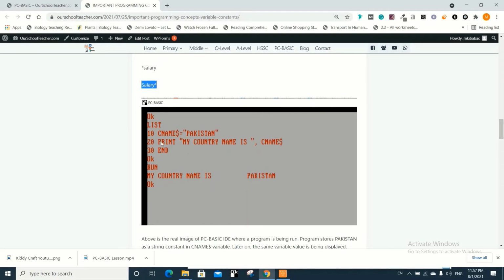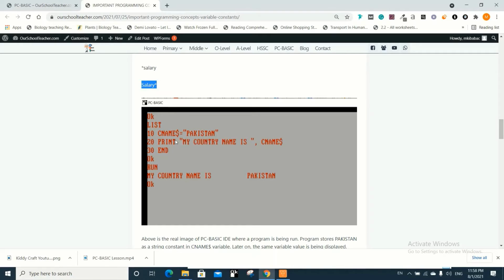Now this is a program, you see. LIST: on line number 10, CNAME$ is equal to, in quotation, Pakistan. So this Pakistan will be stored in the variable CNAME. This CNAME will be existing in computer RAM. Then on line number 20, PRINT "My country name is", this is also in quotation.